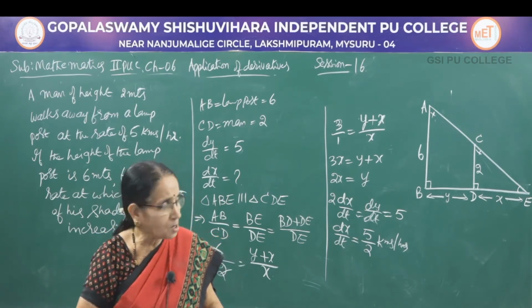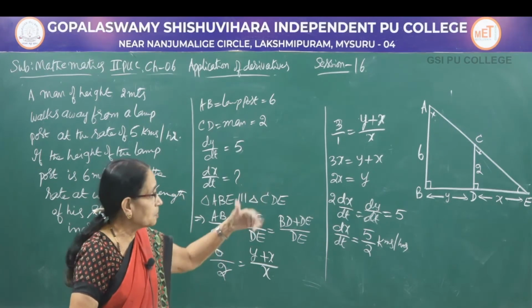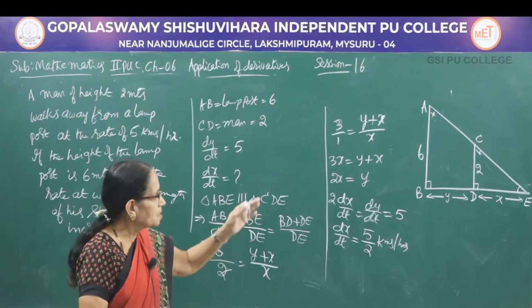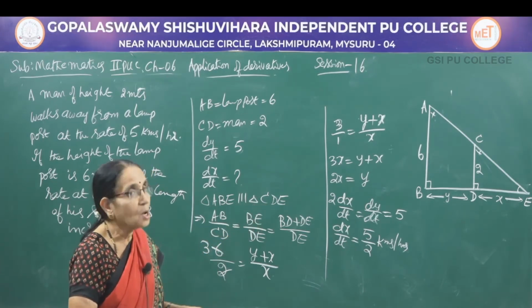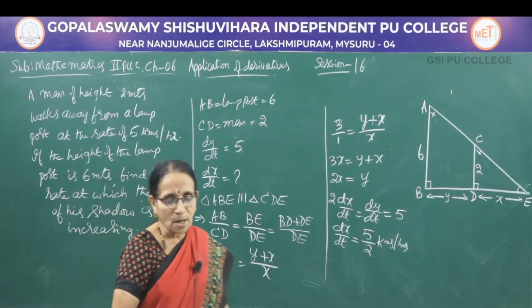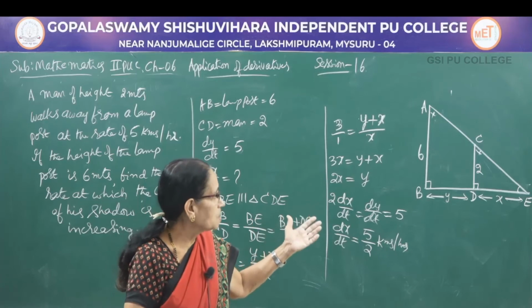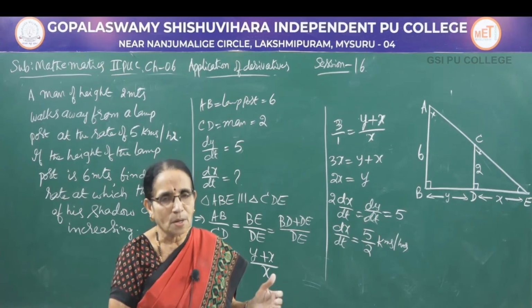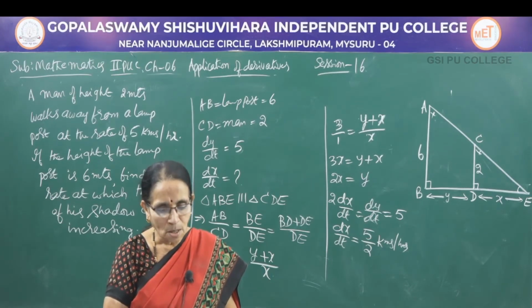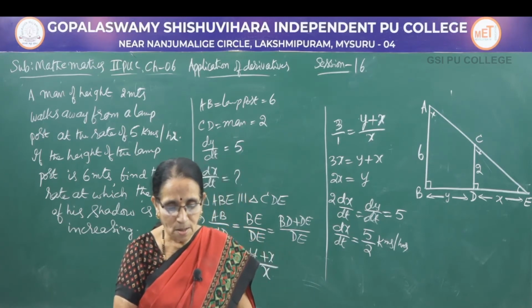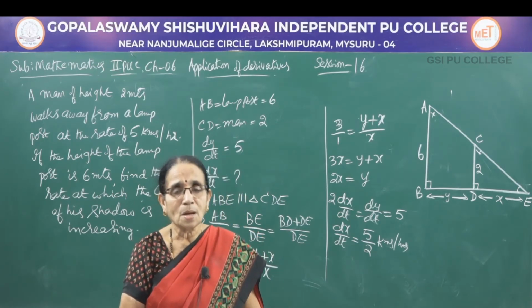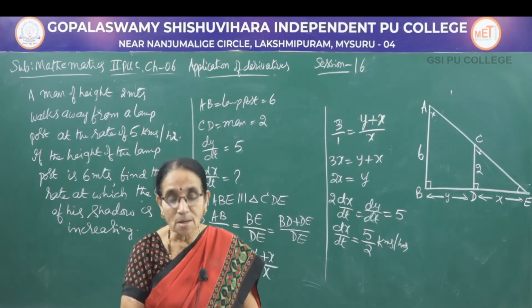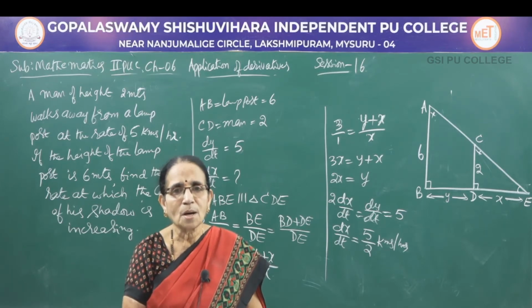So, it is not difficult. Of course, in the previous problem also, when we discussed the ladder, the figure was necessary, isn't it? In this one also, because we are comparing the triangles, we have to draw the figure. Then only we can understand and compare the triangles, develop a relation between x and y, and writing the known quantities, we can get the value of the unknown quantity. Now, the next problem is of course a problem on rate of change only, but this problem is connected with some commercial concept. It is connected with the cost function and also the revenue function.